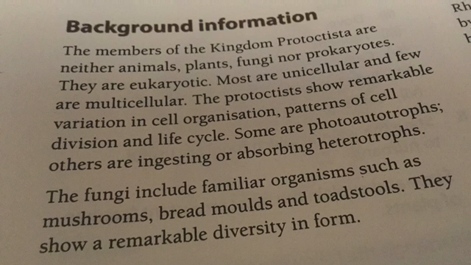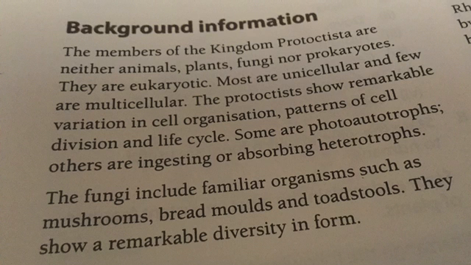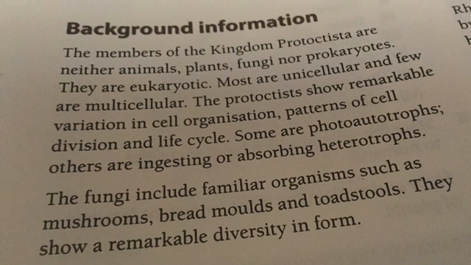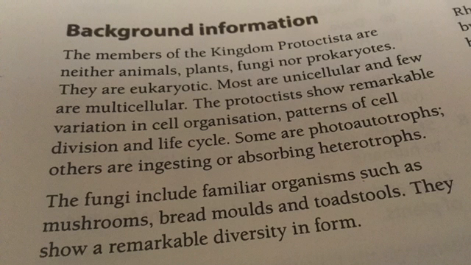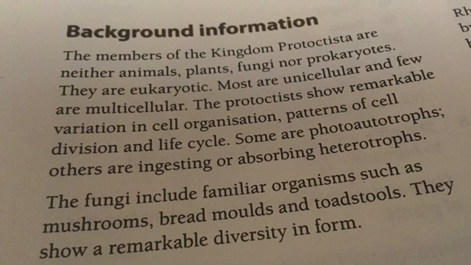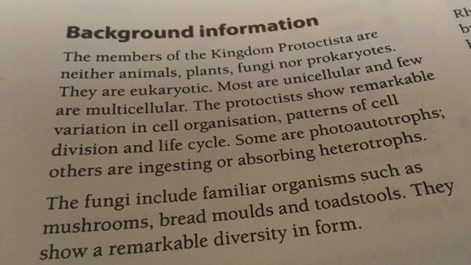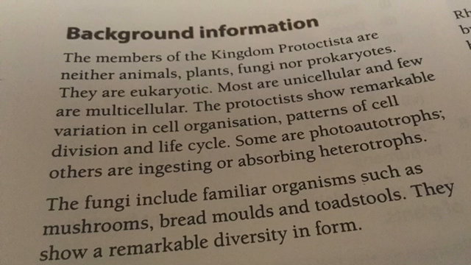So this means some protoctists, just like plants, can prepare their own food using light, whilst others are ingesting or absorbing heterotrophs. That means they do not prepare their own food, but they absorb it after they have released enzymes to